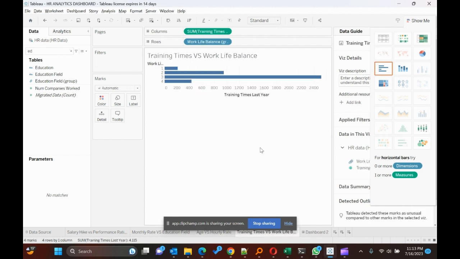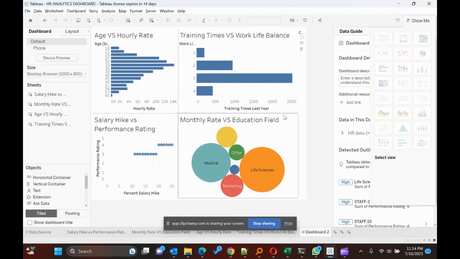Now, we also looked at training times versus work life balance. We also noticed that a group that had 2 to 3 trainings had a relatively better work life. Sorry, a work life group of 2 and 3 had relatively higher trainings that year. So finally, we were able to come up with a dashboard which feeds into